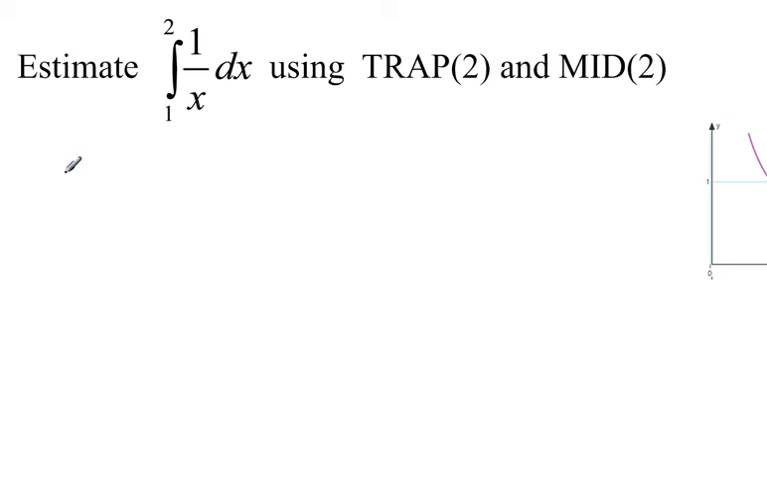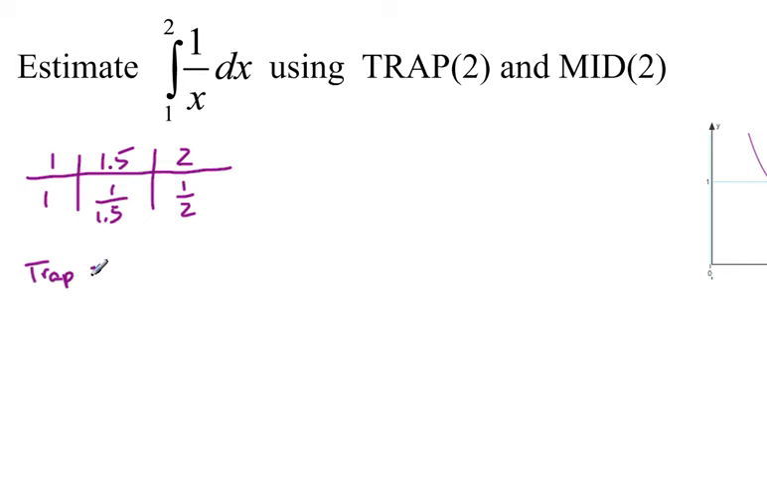If I'm going to have two trapezoids, I'm going to start off by making a table of values here where I'm starting at 1, and if I'm going to have two of them, I'm going to need a value in between, so 1.5. And so when I plug 1 into here, I get 1. When I plug 1.5 into this, I get 1 over 1.5, and then 1 over 2. So to do trapezoid, remember I'm going to do left plus right